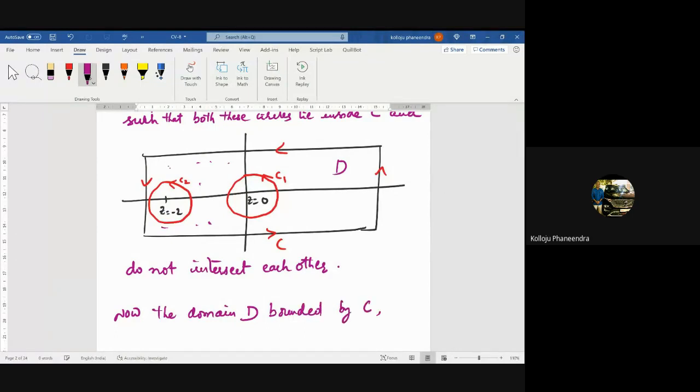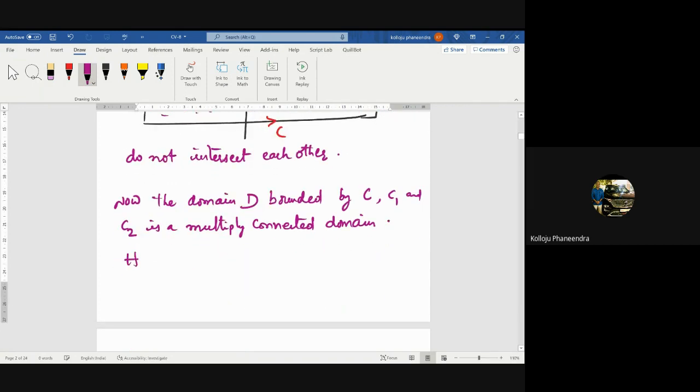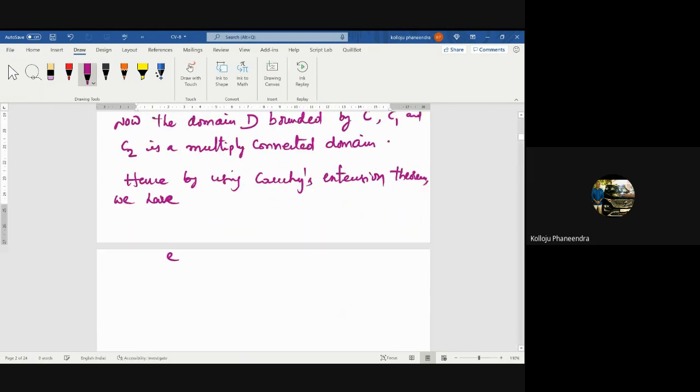Domain D is bounded by one curve C, one circle C1 and another circle C2. It is a multiply connected region because there are holes now. I have taken holes, the circles, making a multiply connected region or domain. Hence, now I can apply Cauchy's extension theorem. Hence, by using Cauchy's extension theorem,